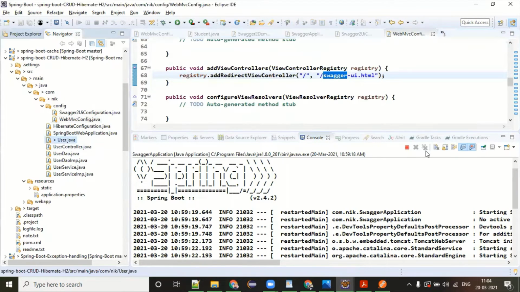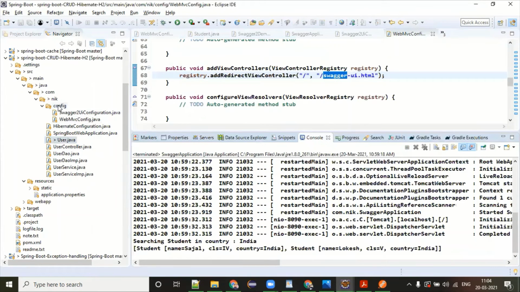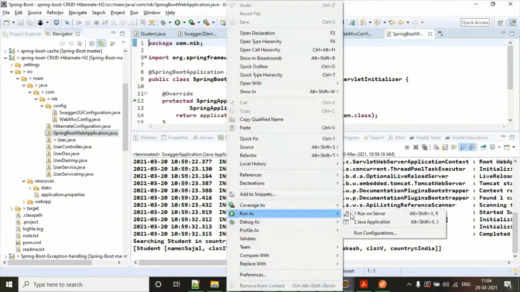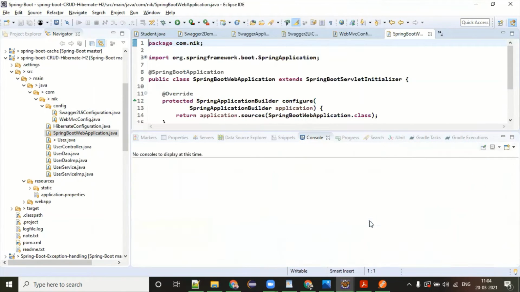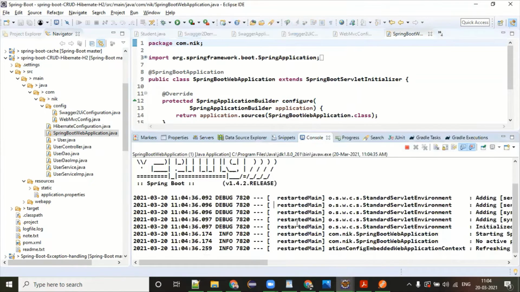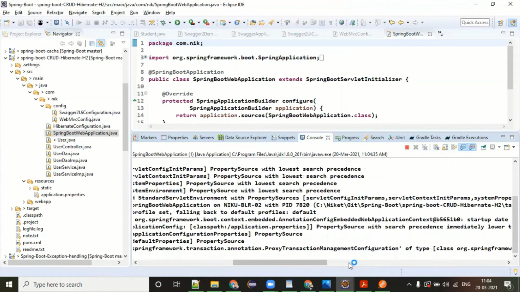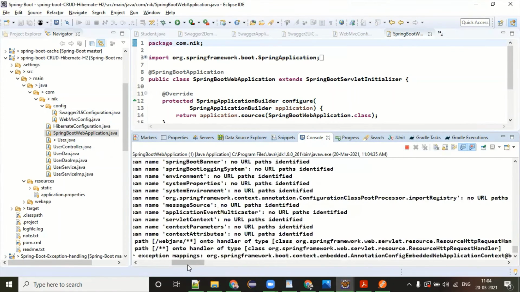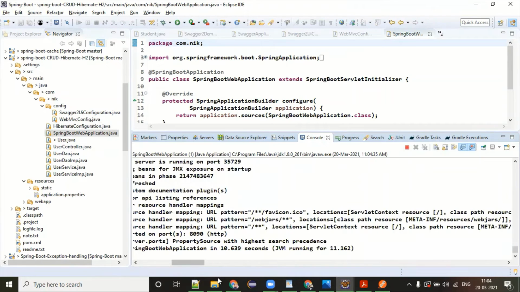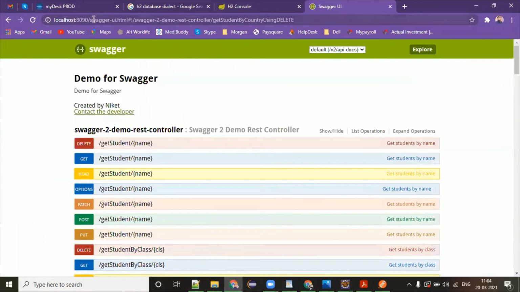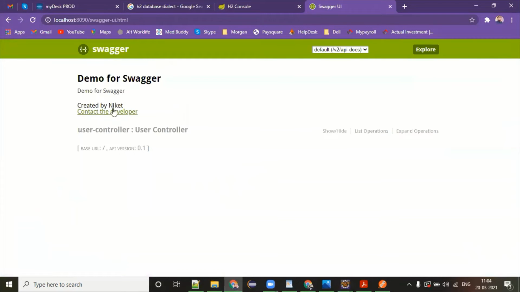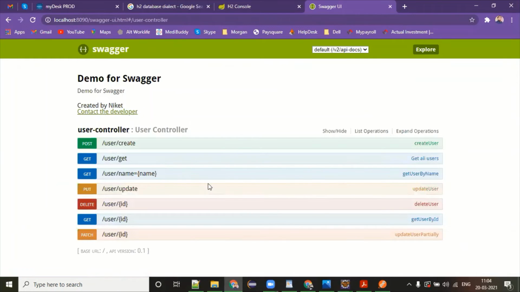So now if you run this application again and hit the home page, look at this: the user controller and all the methods which you have are showing here.